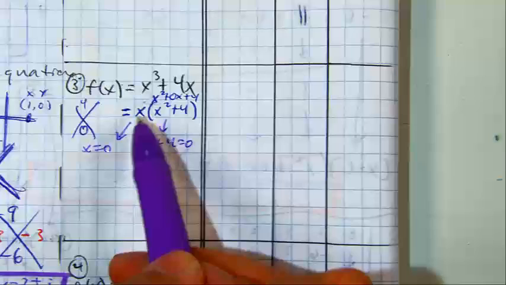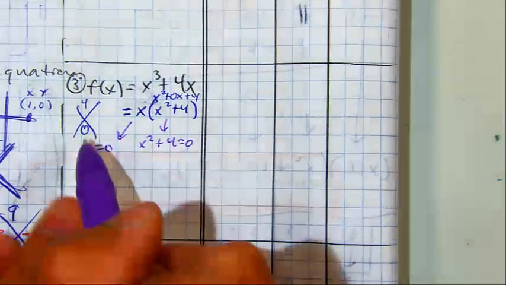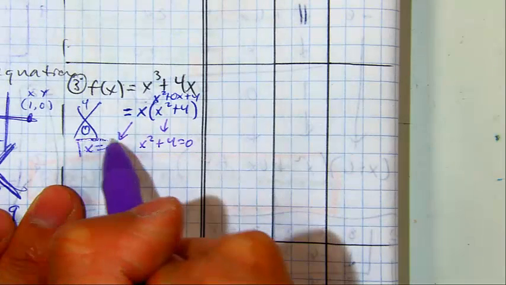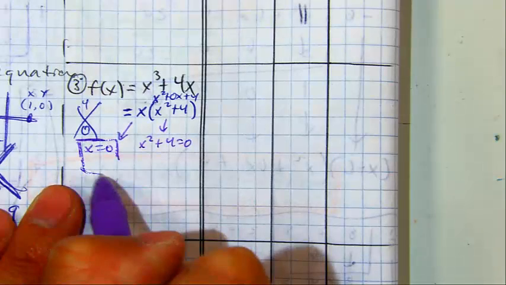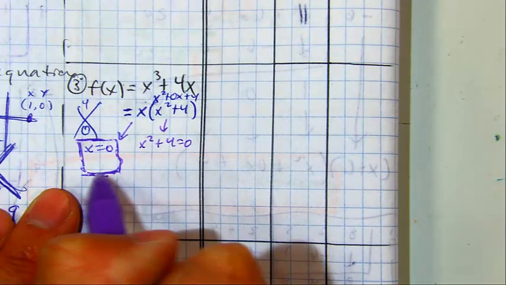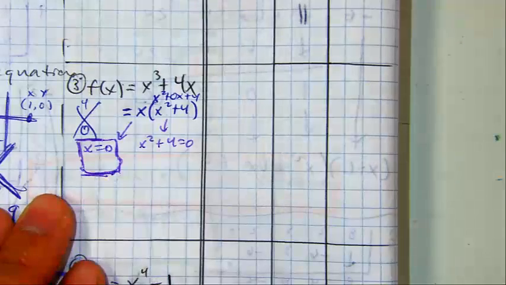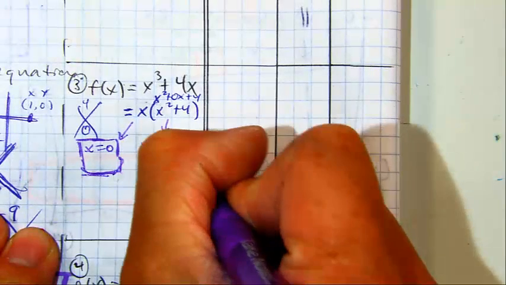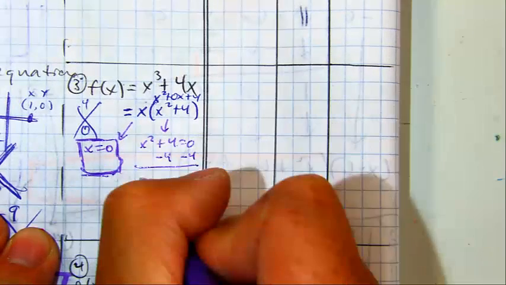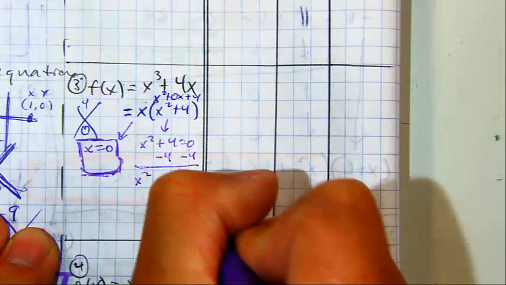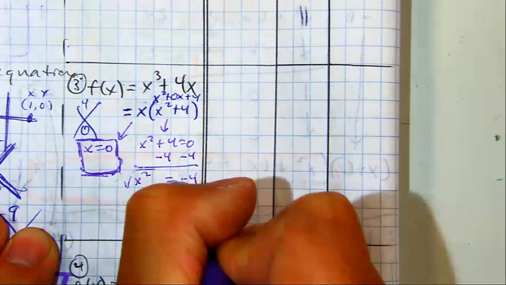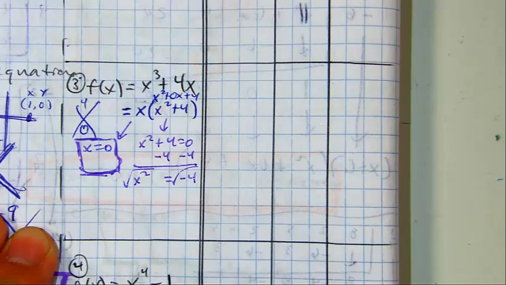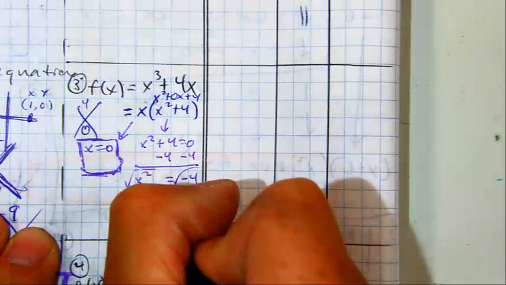Class, can x equal 0? Yep, that's one of our solutions. We're going to write some words in there, so I left a little space. How do you solve for x over here, class? Subtract 4, and square root it. So now I have x equals